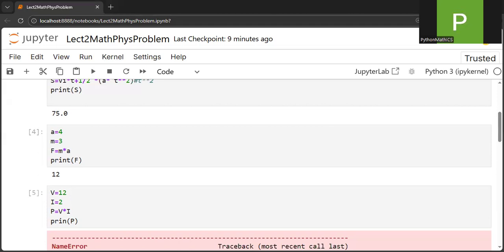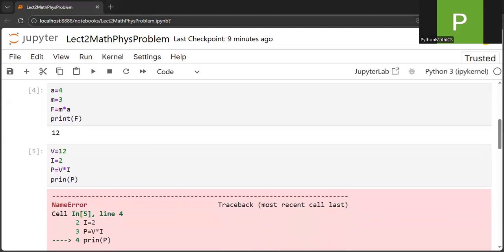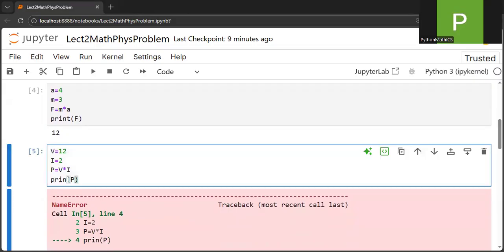So if I run this one, it gives an error, and let's see what the error is. Okay, sorry, I made a mistake: I didn't write the correct name of the function. So what I'm doing tells you that if you do not write the correct spelling or name of the function we are calling, it will give you an error. Similarly, if we are not using the proper signs such as operators like multiplication,